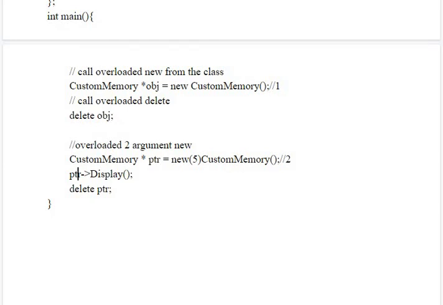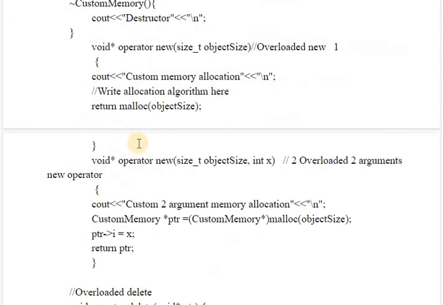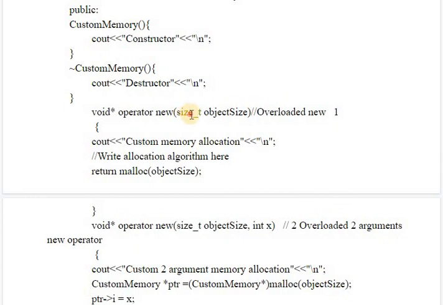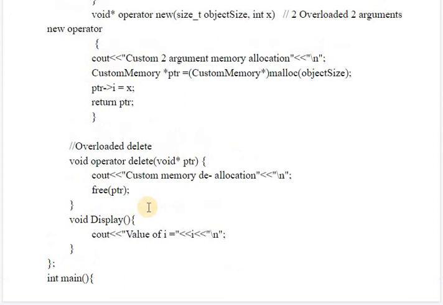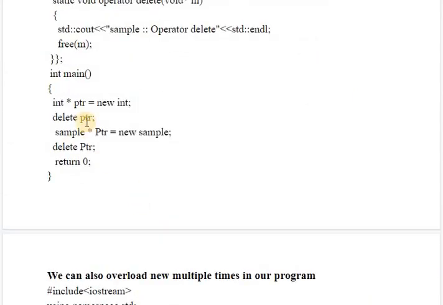So in a program we can have as many new operator definitions as we want, but the delete operator overloading will be only one. I have written this size_t, and now I am calling this operator for the integer type, as we saw in the previous example. Have a look here. So I am writing this statement.